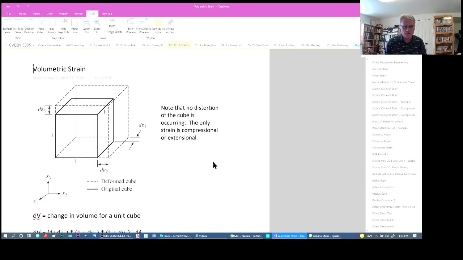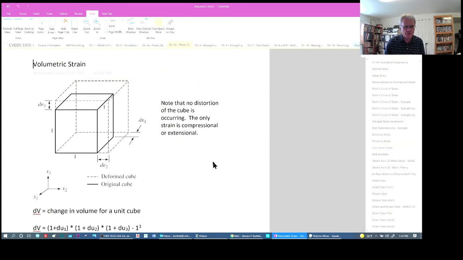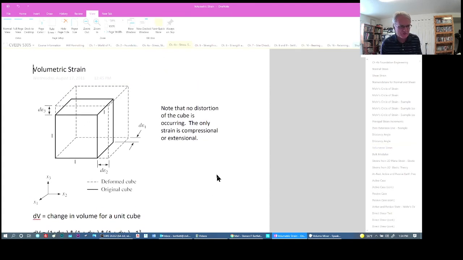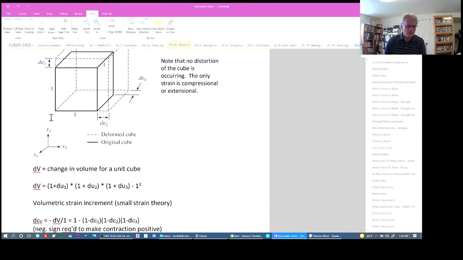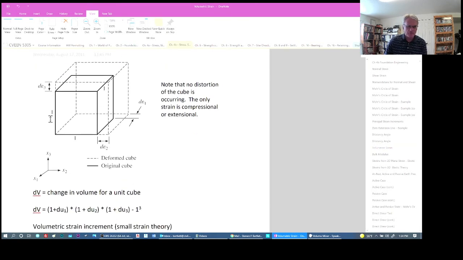So let's look at just volumetric strain. This is where we have elongation going on in two directions but no shear. So we have to develop a three-dimensional nomenclature. The x1 axis is out of the page, the x2 axis is horizontal in the page, and the x3 axis is vertical within the page. And we have corresponding